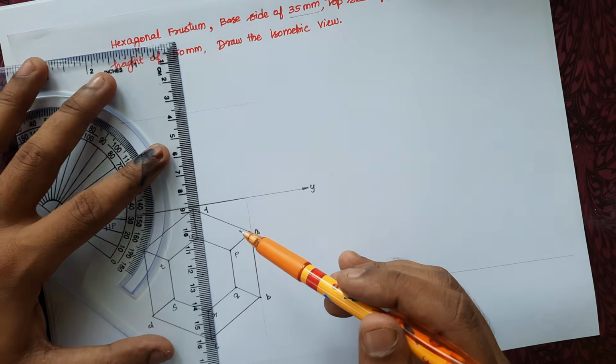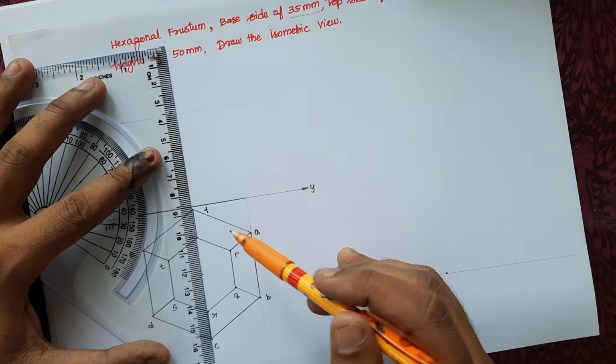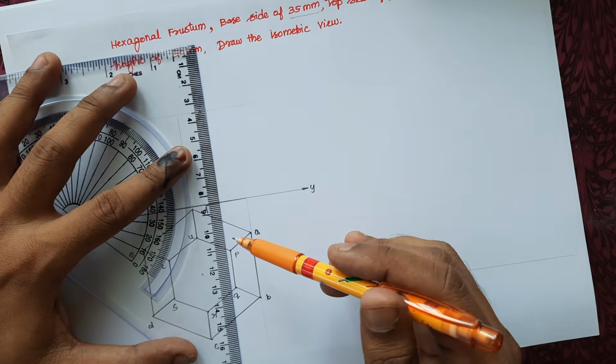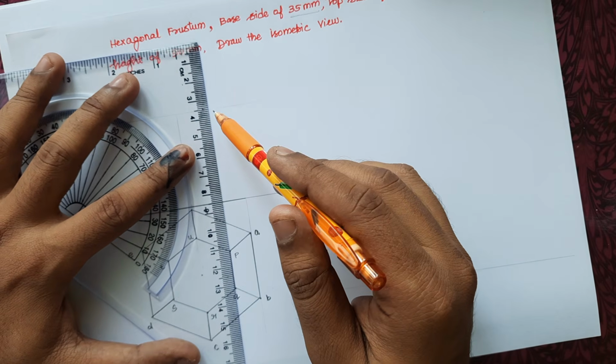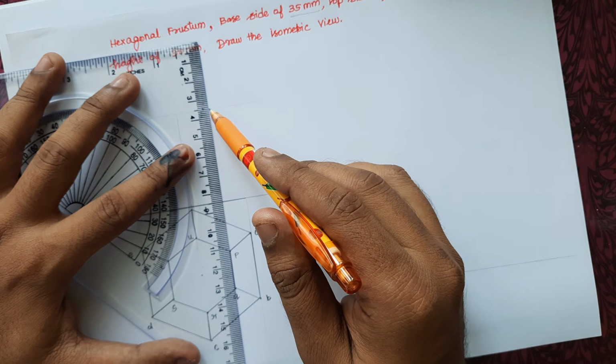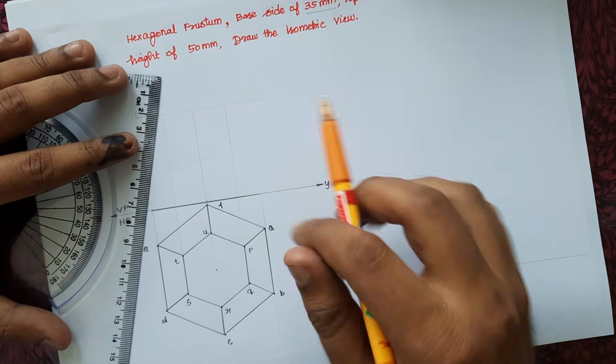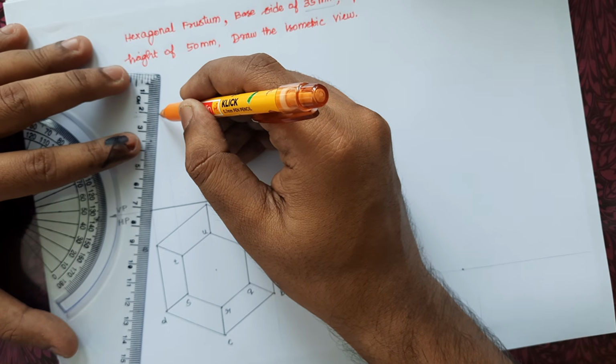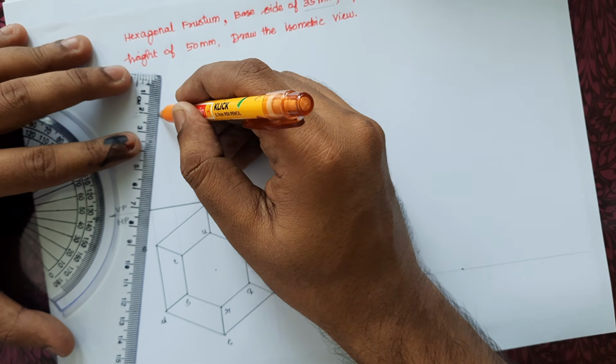The projector line should be 90 degrees. Be careful in that. While using a mini drafter, it will be easier to draw perpendicular and horizontal lines. Without using a mini drafter, ensure that all the vertical lines are 90 degrees with the XY line